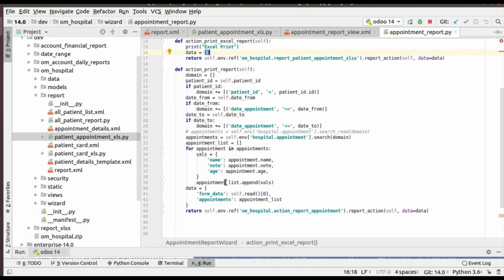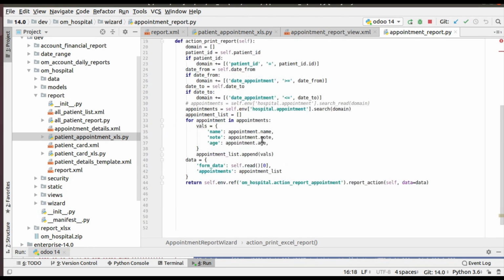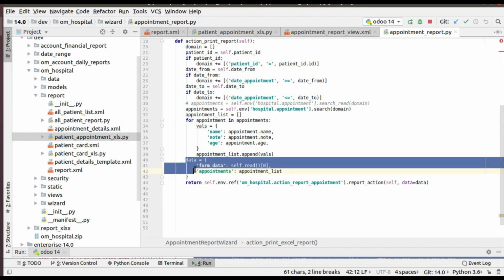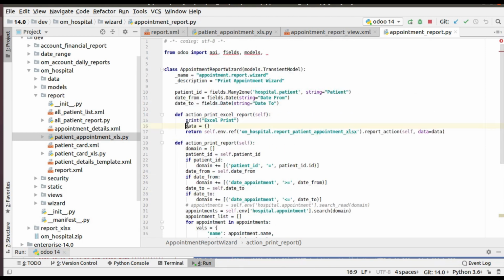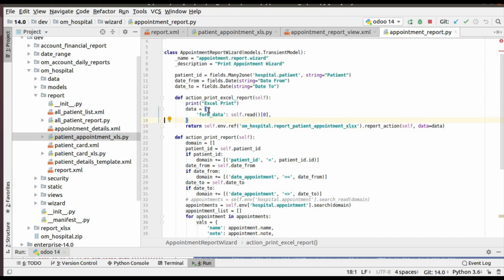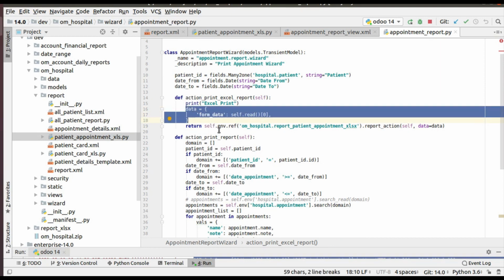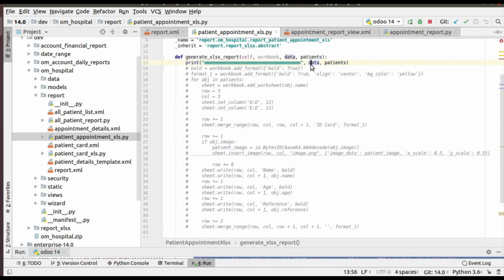You can see we have prepared data like this, Control C, and instead of passing an empty dictionary from here, I'll pass it like this, form data of self.read of 0. The data that you are passing from here, you can get it in this data variable.